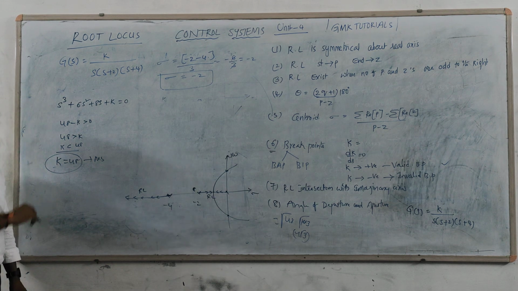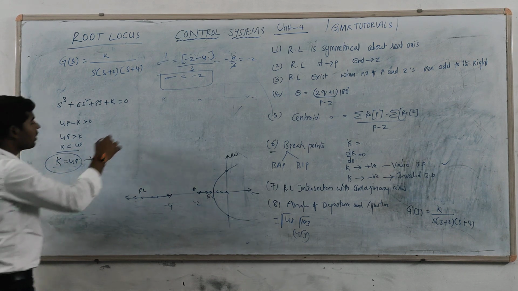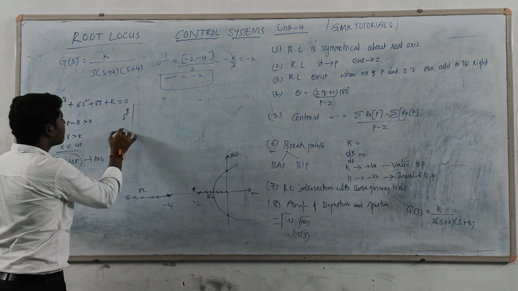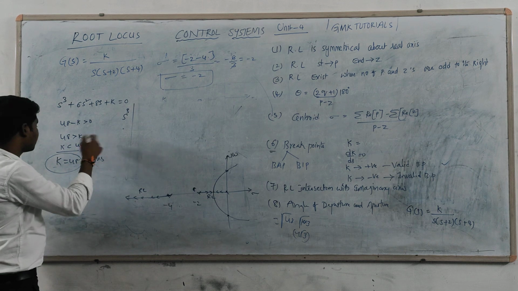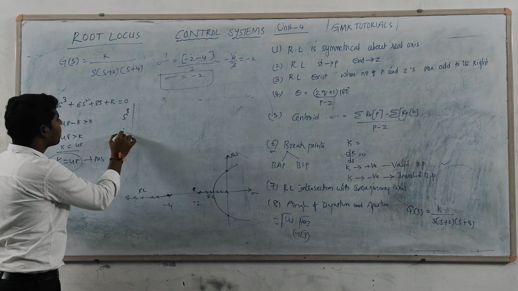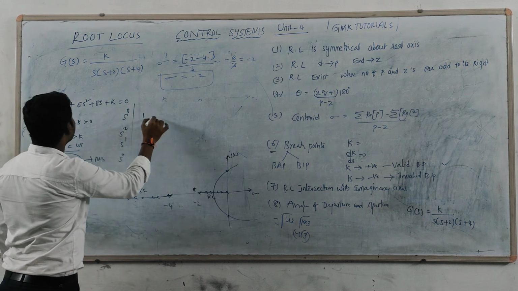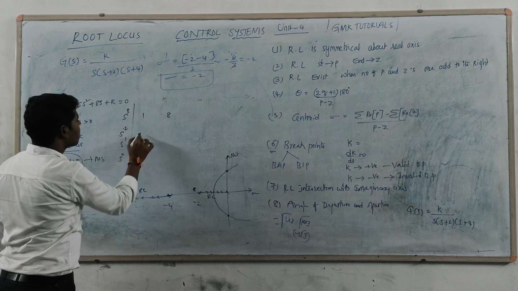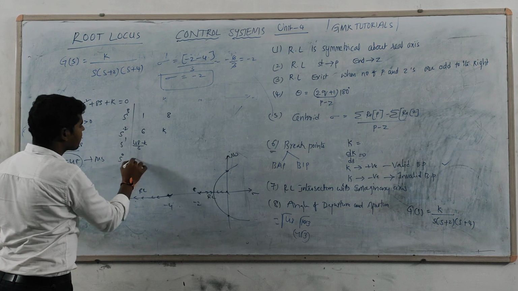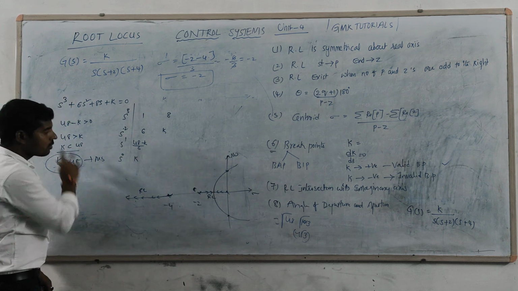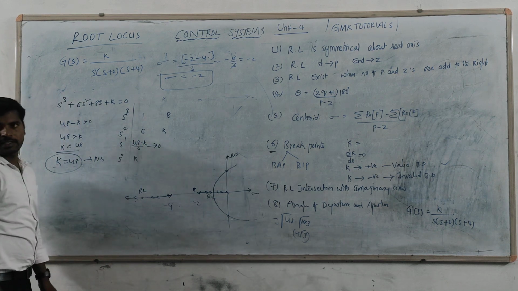That is a simple trick for this one, instead of finding all those things. Suppose k is equal to 48, what happens? General format: s cube, s square, s power 1, s power 0. First row powers: 1, 8. Next 6, k. Therefore, 48 minus k divided by 6. Next you will get only the k value. This is only a shortcut, just for finding the k value. When k is equal to 48, this complete row is equal to 0, right?